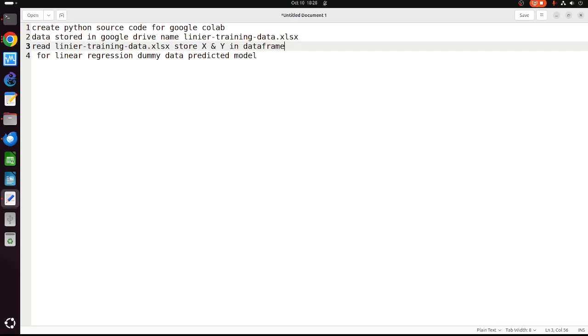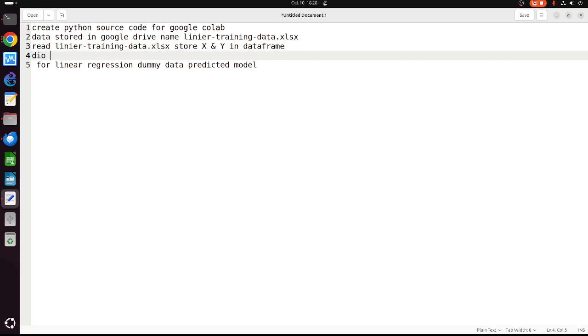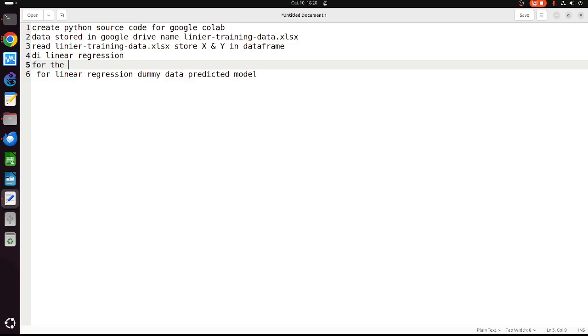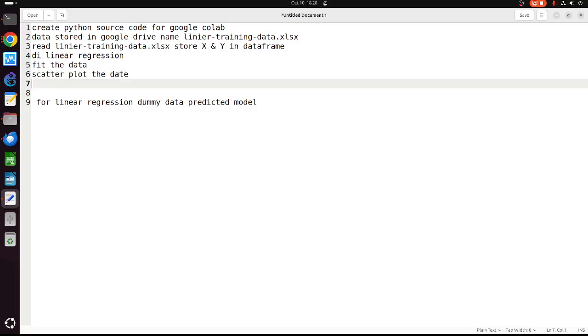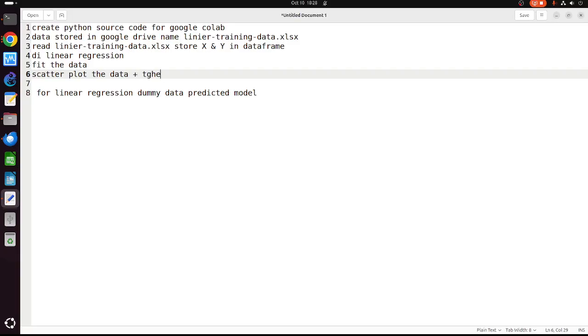Okay, so store X and Y in the data frame, and then do the linear regression, fit the data, plot the scatter plot of the data plus the linear model. This one is do linear regression.